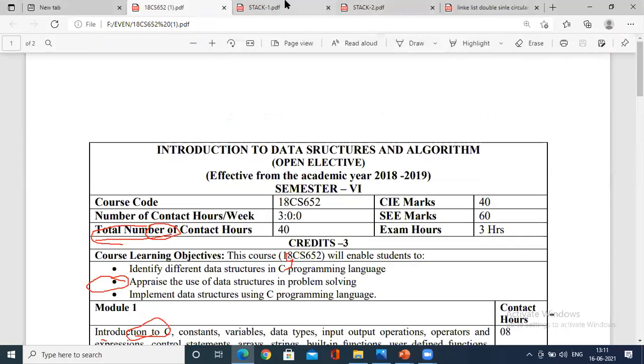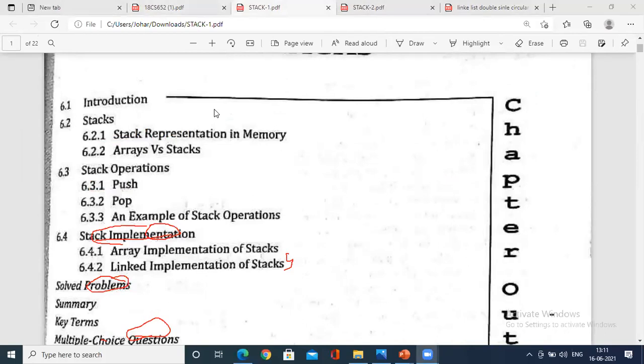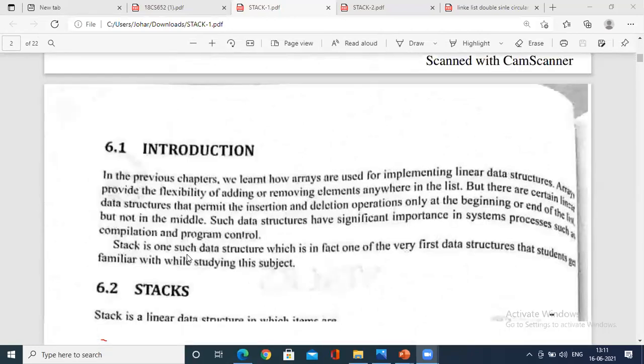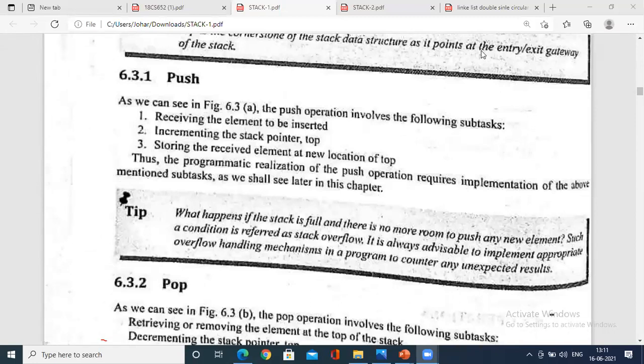I'll forward it today. For stack, array implementation and linked implementation, you have basically two major programs, and you might be asked even these algorithms also. For theory, you don't have to go with any notes as such. You could refer only to this document. This document is enough, I feel.